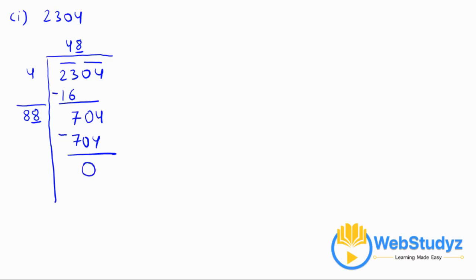So from this we can say that therefore under root of 2304 will give us the perfect square as 48. Now move on to the second one, which is